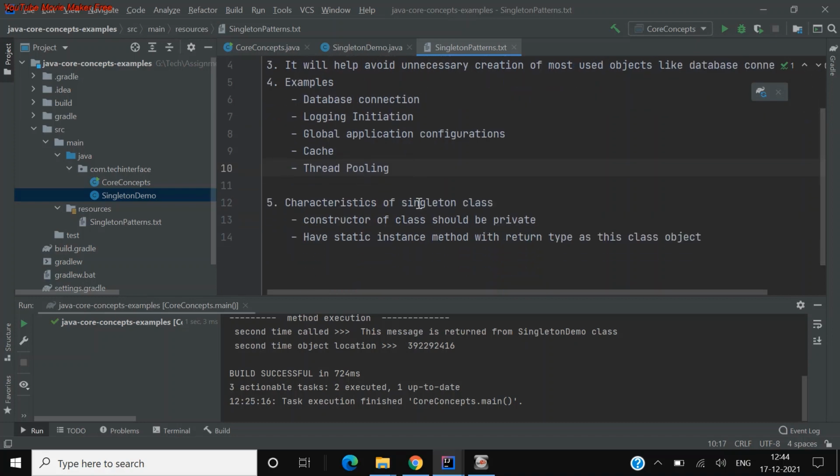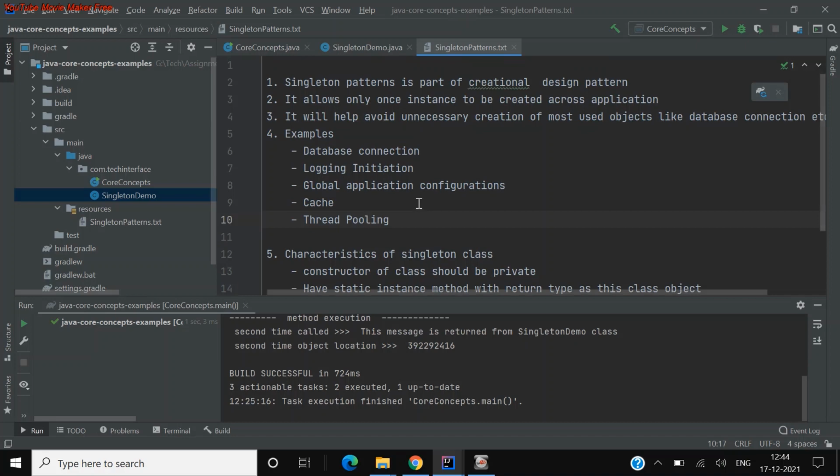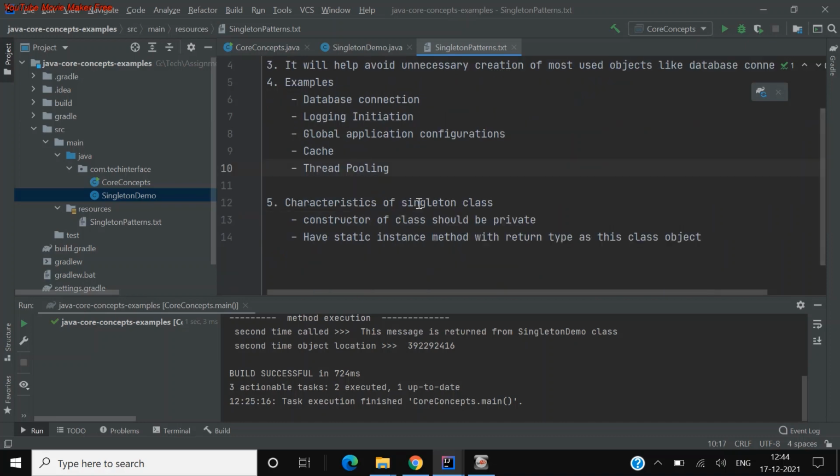So you can create one singleton class of that database connection and distribute it across the application, so that you'll not be creating multiple objects whenever you make a call to the database. You'll reuse that existing class itself, avoiding multiple instances of the same class.